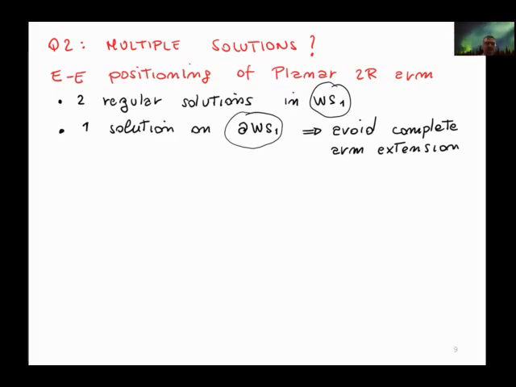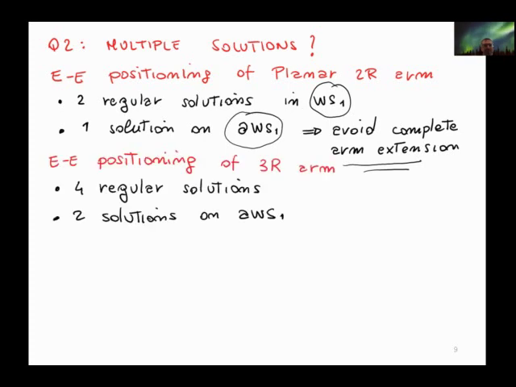But we can avoid this in code by, for example, avoiding the complete arm extension or the complete folding. In the case of 3 revolute joint arms, we have 4 regular solutions most of the time